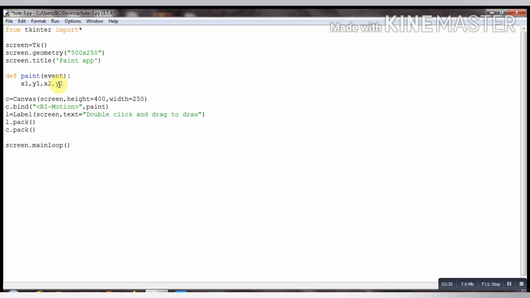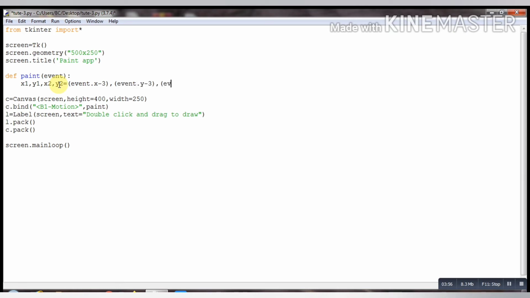That will be equal to event dot x, means at that point x coordinate minus 3, and event dot y minus 3, means y coordinate minus 3.